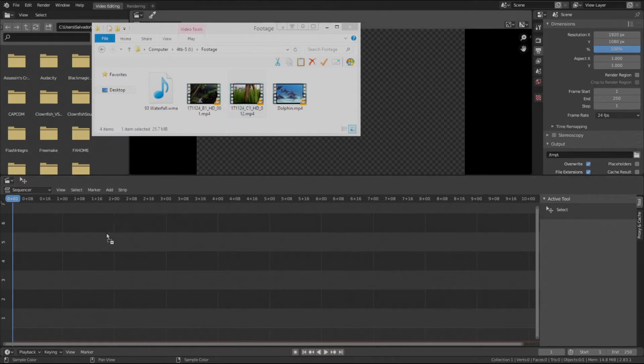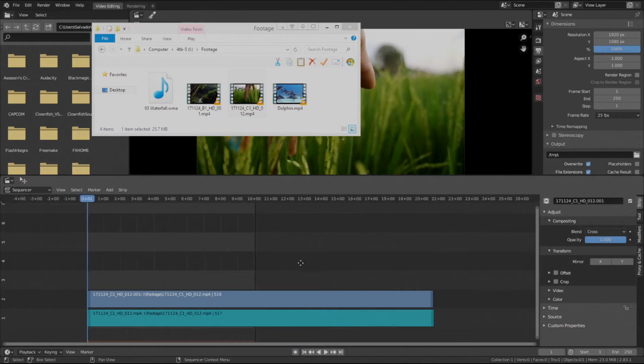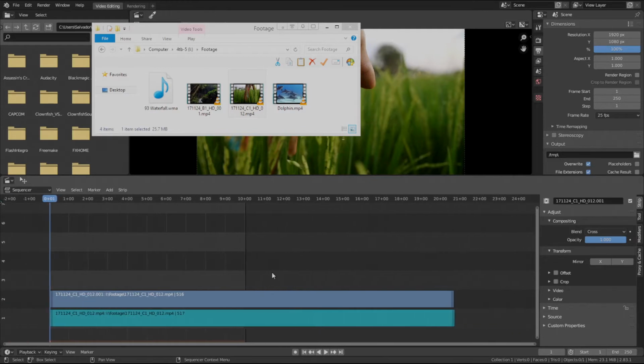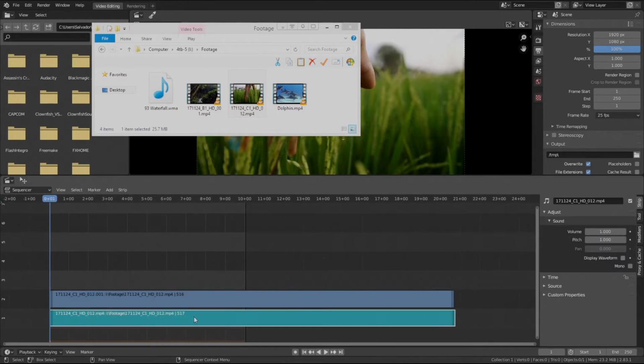Let's drag them. We drag this one. We wait for it to load. And, well, I want you to notice something. A moment ago, we had 24 frames per second. Now we have 25. This is because, in all Blender goodness, as usual, Blender has made an effort to adjust a bit, auto-detecting the settings of the video clip, adjusting to the number of frames per second this one comes with,